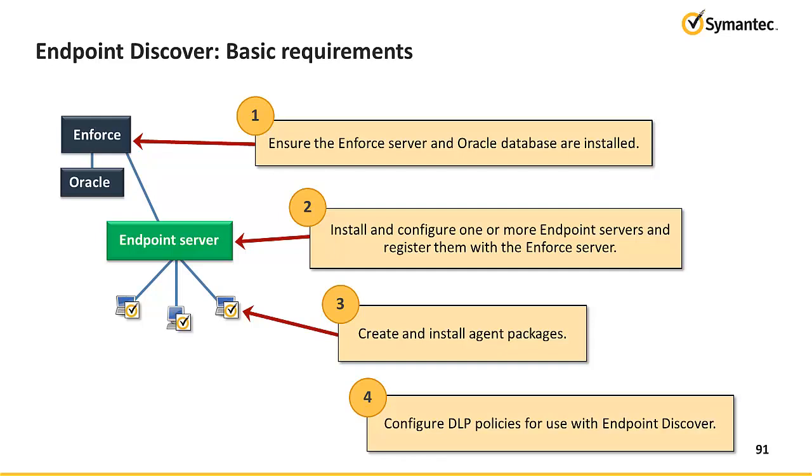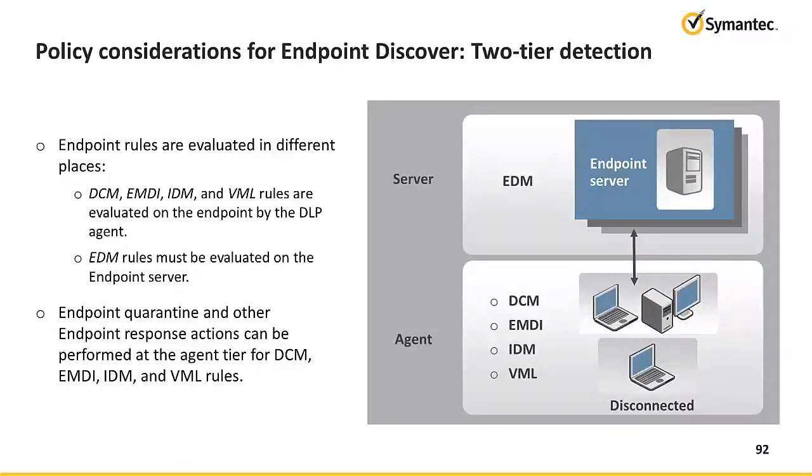For the latest DLP agent system requirements, please see the Symantec Data Loss Prevention System Requirements and Compatibility Guide. After installing the required three tiers and configuring them to communicate with each other, the next step in implementing Endpoint Discover is to ensure that you have configured DLP policies that tell Symantec DLP what to look for when scanning